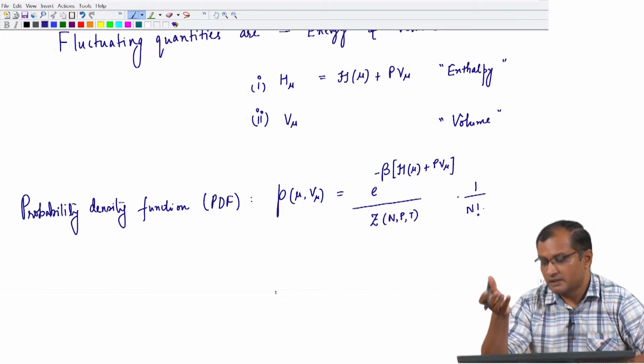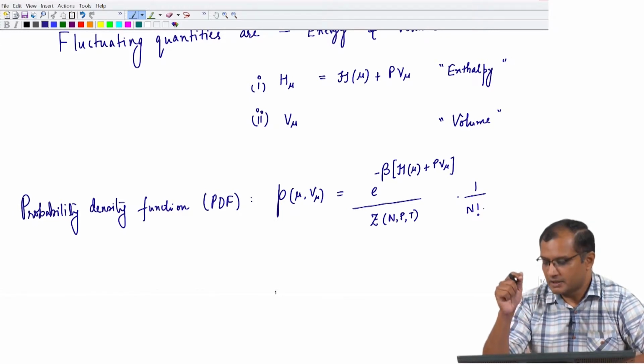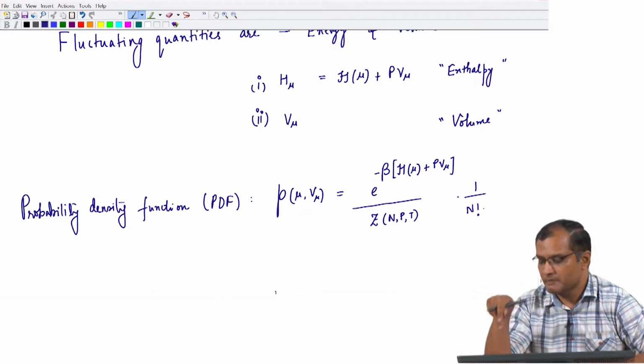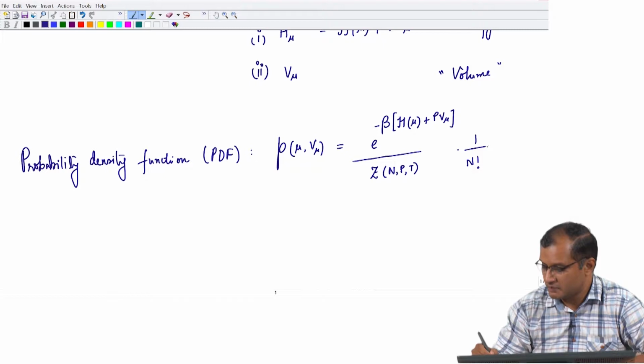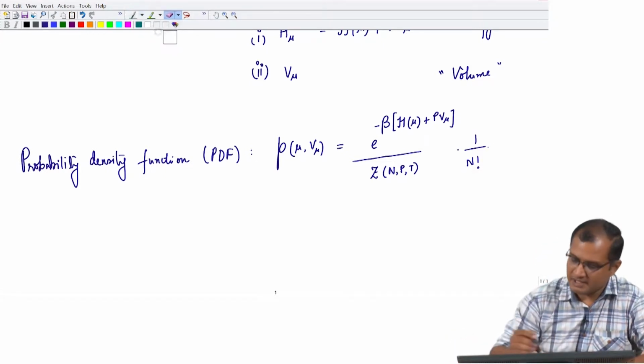So, there are exactly n factorial permutations that you can do on n particles, and if I do not divide by n factorial, I would be overestimating the number of states by precisely that factor. So, taking into account the indistinguishability, I have divided by n factorial,